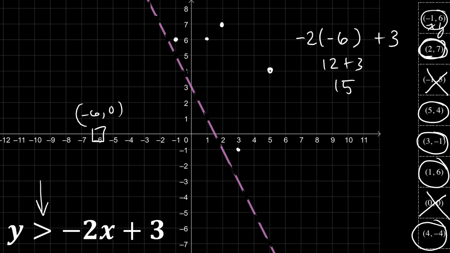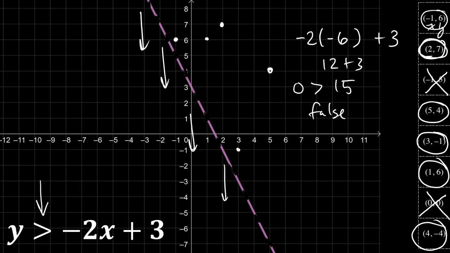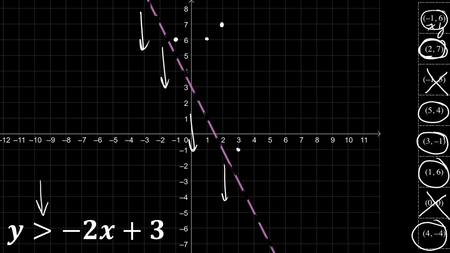And I'm looking at y as 0. Is 0 greater than 15? Clearly that's false, so this point is not a solution. So anything I would have picked that is below the curve, all these points below the curve, would fail to make my inequality true, but all the points above the curve would satisfy it. And yes, it turns out when your inequality is written this way,